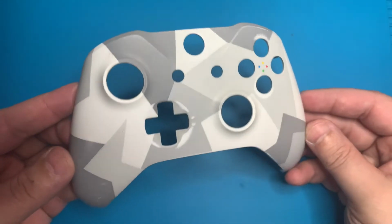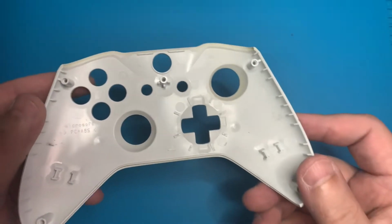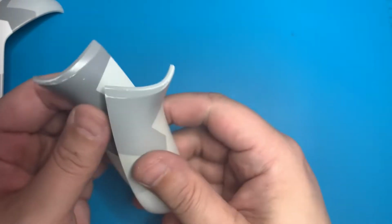Let's go ahead and check out the plastic pieces. As you can see, they clean up real nicely. While we take a minute to admire what a fantastic job I've done on cleaning these plastic pieces,